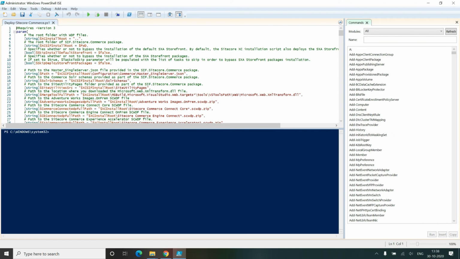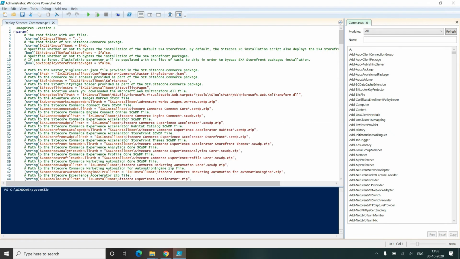So this is a PowerShell script. Before deployment, I need to put my original values into these variables in the PowerShell script so that it can easily identify your SQL Server, your Sitecore Experience Platform URL and everything.